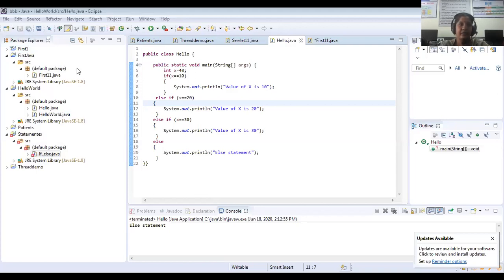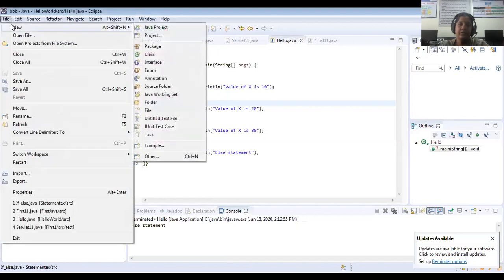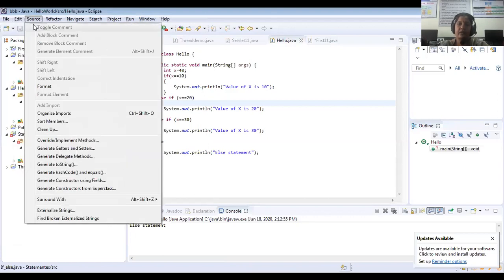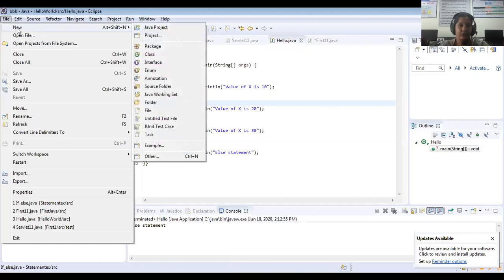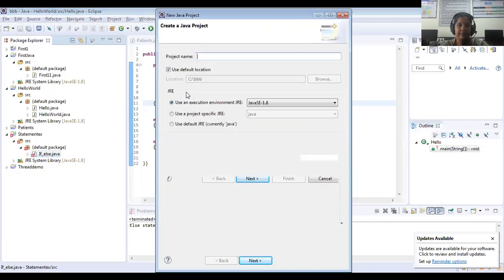So always when you are going to create a project, you have to go to File, New. You can create a workspace in any directory. For example, I have created one in C drive, BBB is the workspace I have given. Like this, you can create a workspace and write all your Java programs in that workspace. So File, New, Project. In this, you can click Java Project.